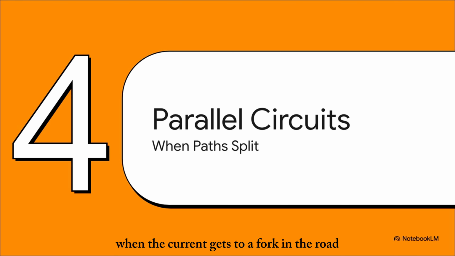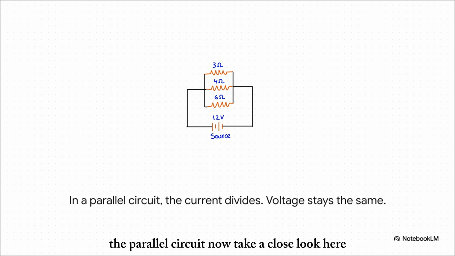But what happens when the current gets to a fork in the road and has a choice of which way to go? Well, that brings us to the other common setup, the parallel circuit. Now, take a close look here. This is totally different. In parallel, each resistor gets its own direct connection to the power source. This means 2 critical things. First, the voltage is the same for every path. But second, the current now splits and goes down each path